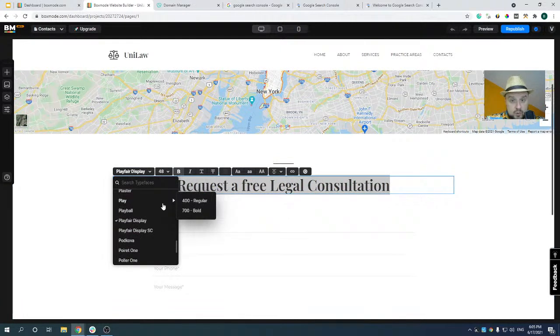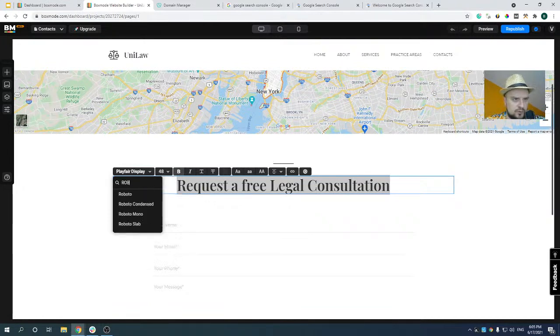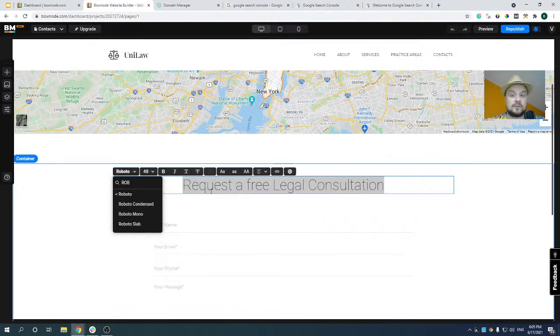We're integrated with a Google Fonts library, which gives you hundreds of different fonts to choose from. Now instead of scrolling up and down and trying to find the font that you want, you can just simply use this input to type the name of the font that you're looking for and change it on the fly, like this.